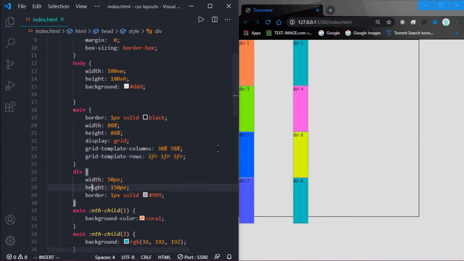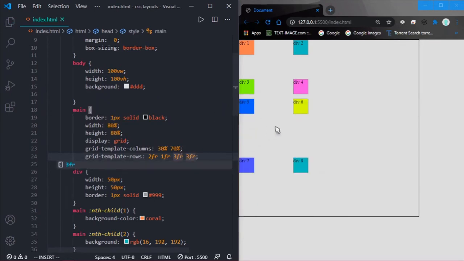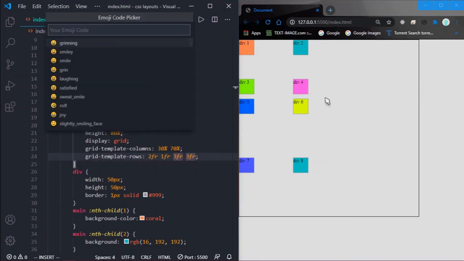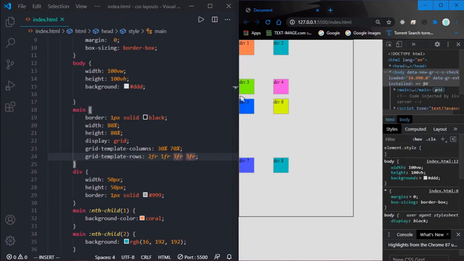And if we have these things like 50 pixels again, you can see the first row is of 2 fractions, the second row is 1 fraction, but the third row is 3 fractions, and the fourth row happens after it. So if I say this is also of 3 fractions, then the third row will be of 3 fractions, the fourth row will be of 3 fractions, the second row will be of 1 fraction, and the first row will be 1 fraction. What I can do is open the inspector here,